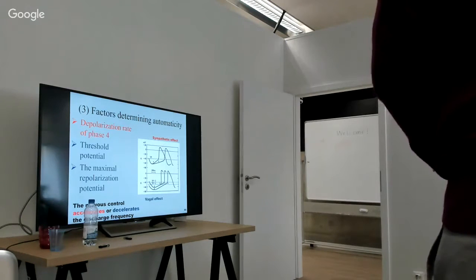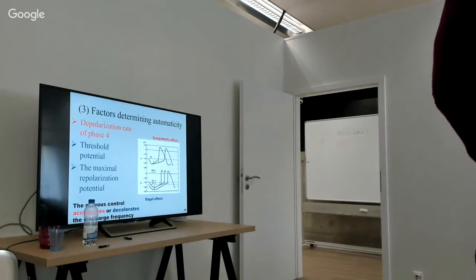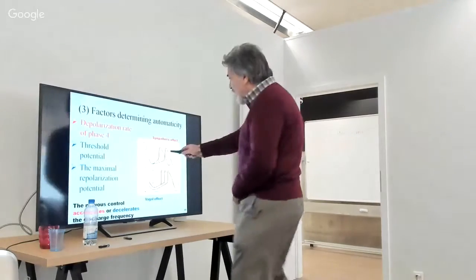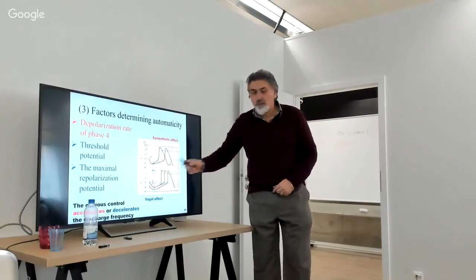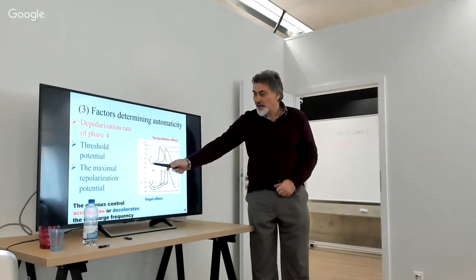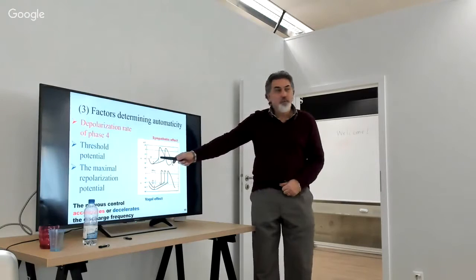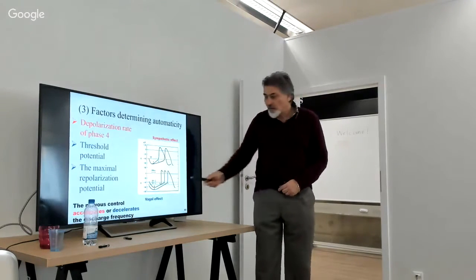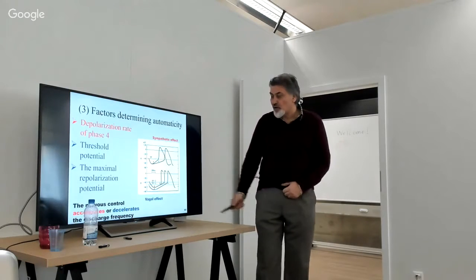The nervous control accelerates or decelerates the discharge frequency. So this is the sympathetic effect. When I stimulate at this moment, after a while I see the sympathetic effect: it becomes steeper and I accelerate the frequency. If I stimulate just here,